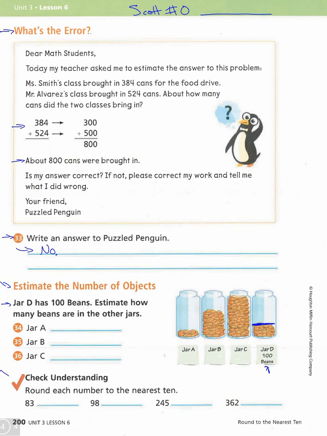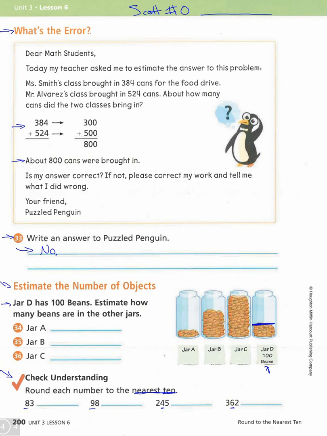Okay, so here we go. Now we're down to the last bit. Check understanding, and it says to round each number to the nearest 10. Underline that, please, nearest 10. So there's that. I'm going to underline each of the 10s in each of those, and then you should do the same. Go ahead and complete that, and then when you're done, that'll be the end of